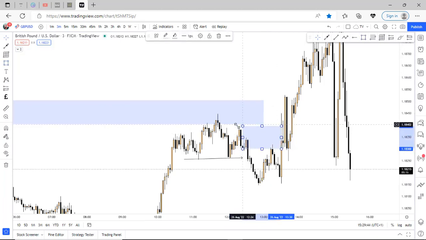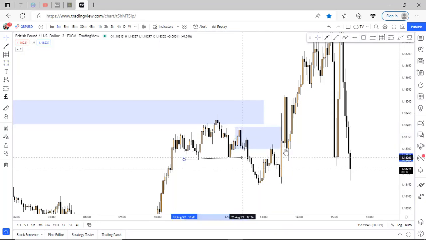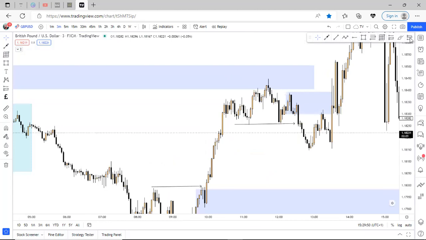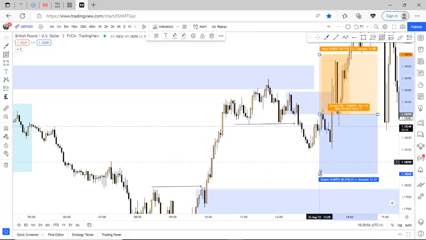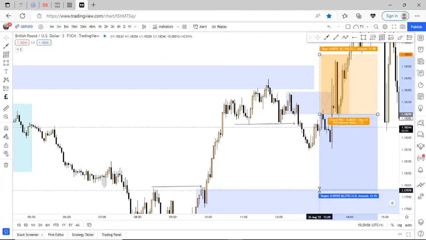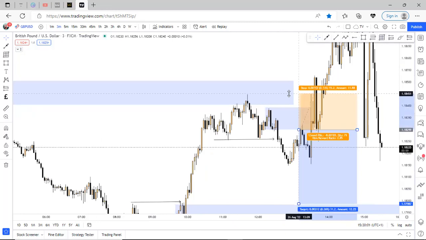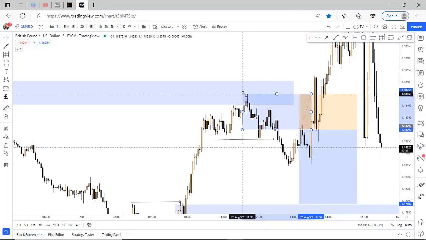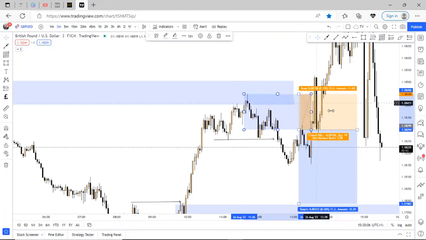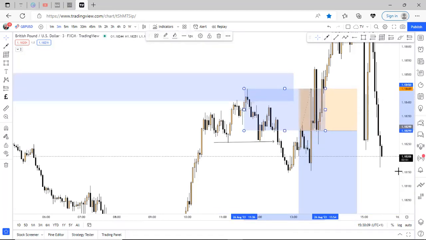Okay, I had this point of interest marked out to take a sell trade. It moved in profits and I was actually happy. I was like, okay, finally a trade that makes sense today. I had my stop loss at this high. Of course, better to have a protected trade.